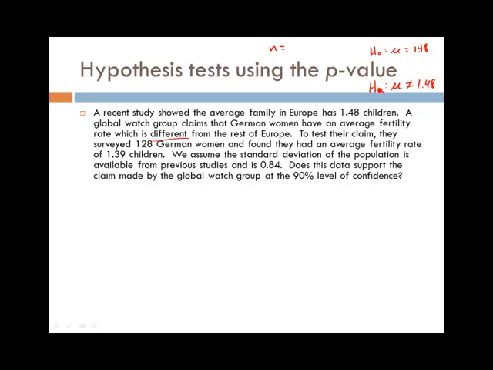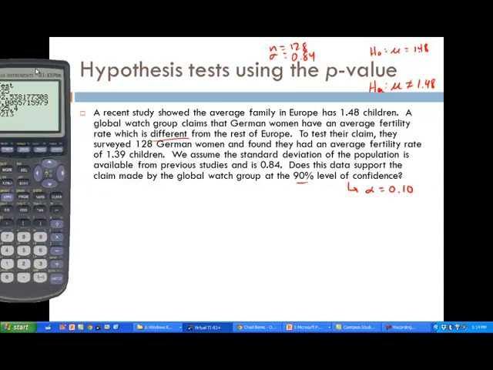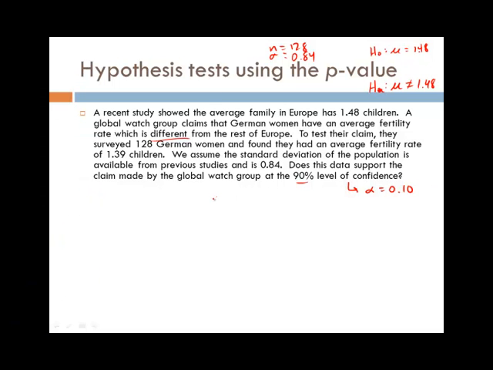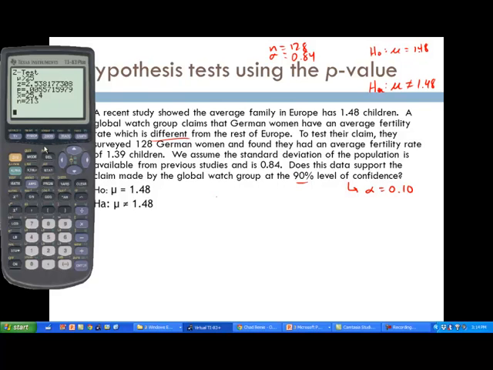N is 128. Standard deviation is given to be 0.84 children. And we're at the 90% degree of confidence here, so alpha is 0.10. Let's double check that we got that correct so far. Yes, okay. So we are going to test the claim similarly to the last example with a z-test using statistics